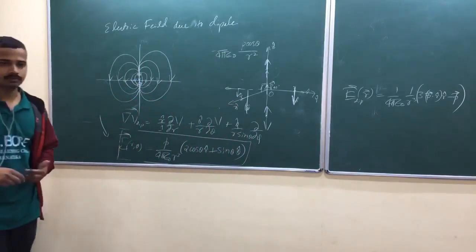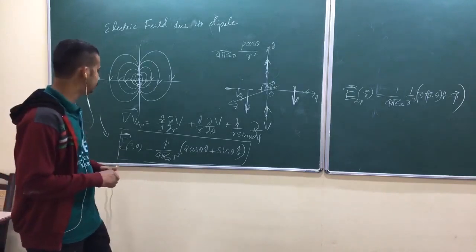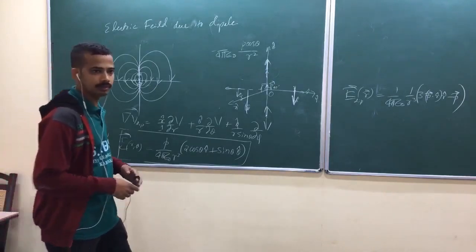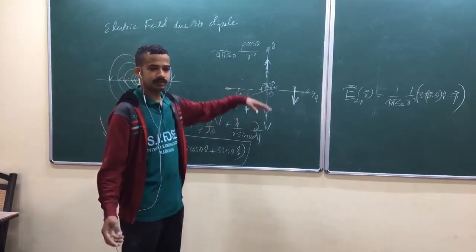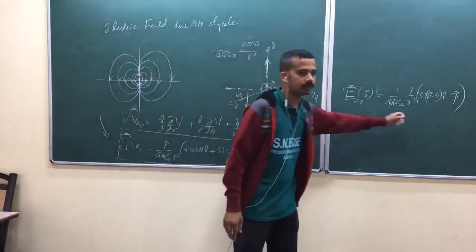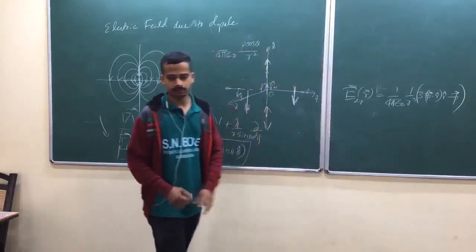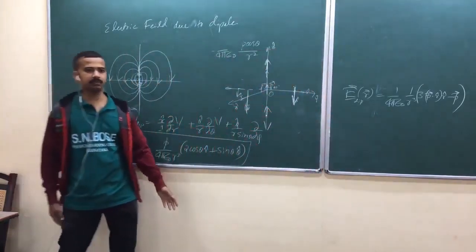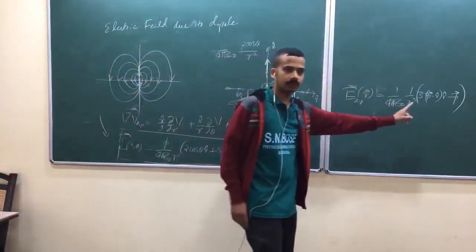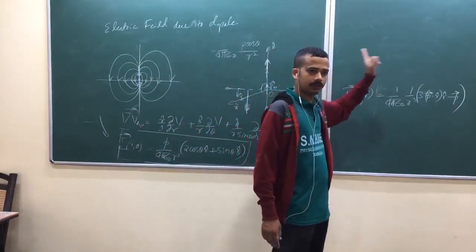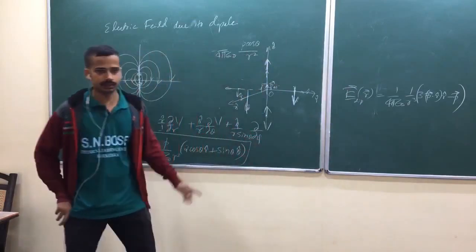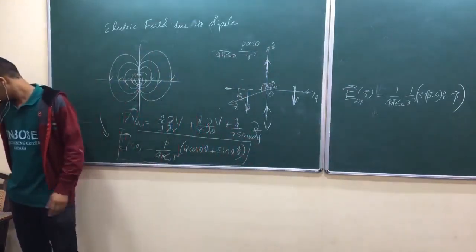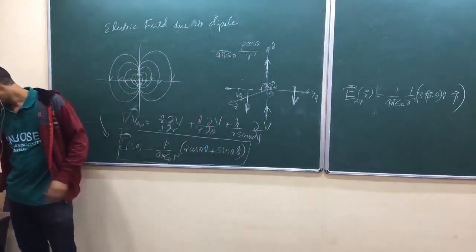Why is he saying 0? No, that is not 0. I mean, now this formula will not work. If you align the dipole moment in a direction other than z, this formula will not work. Then this will work. Yeah, or take the simplest case: align your dipole moment along the x cap direction, find the fields along z or some other axis. Okay, try to work it out. Are you getting my point?